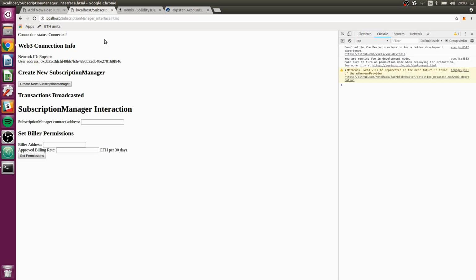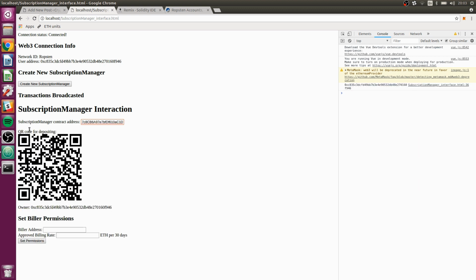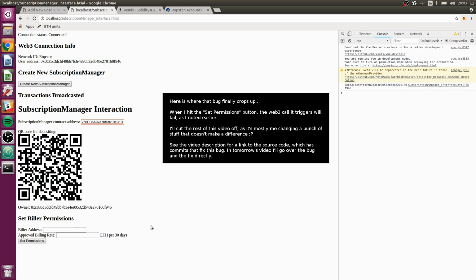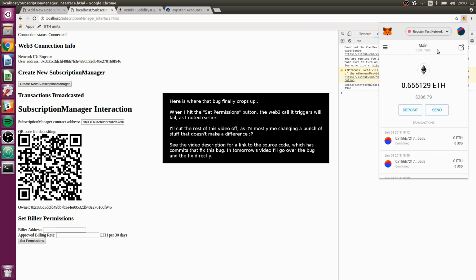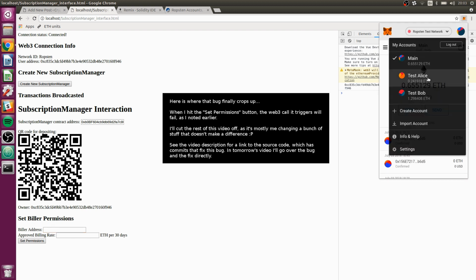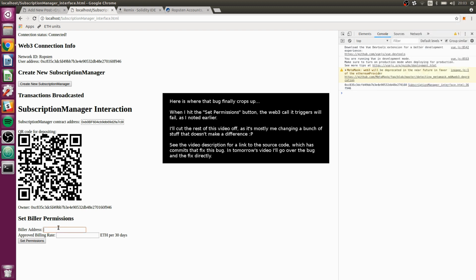Go back to our interface, put it in, and our QR code pops up, the owner pops up, that's still working. But now we're going to try to set builder permissions. So let's go ahead and take our test Alice address, copy it, put that in, and approve billing rate, ETH per 30 days. Once again, I'm going to say 0.01 Ether. I don't have that math that I used to have, but let's just see if this works. So set permissions, and we got an error, new big number, not a number, object. Okay, so